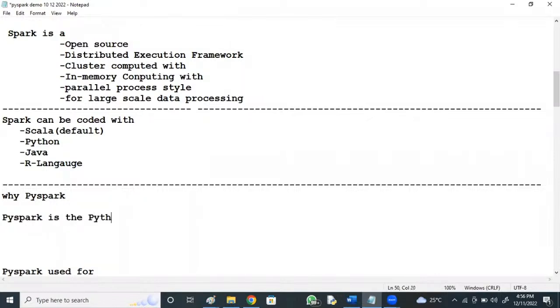It is the Python API to use Spark. So PySpark means PySpark is the Python API to use Spark. So what is PySpark?